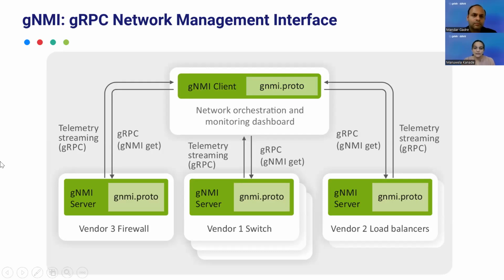So the communication of how these get or set requests are going between the network management system and these network devices is through gRPC communication that you see on these arrows. And gRPC is an RPC mechanism. It's based on HTTP2 itself. So it's one layer above HTTP, and it's quite fast also. So that's what gNMI is providing you with. And the subscriptions are also providing telemetry. So that's where gNMI is coming into picture with OpenConfig.